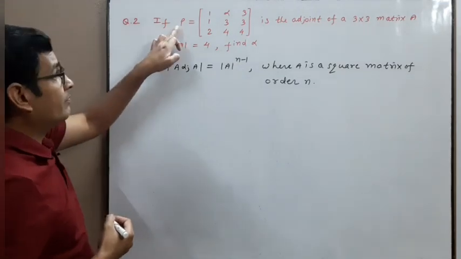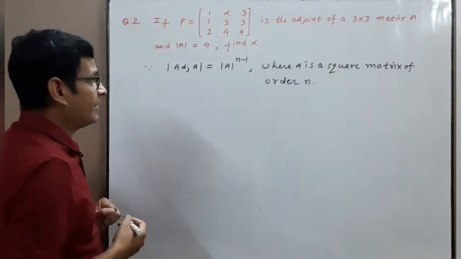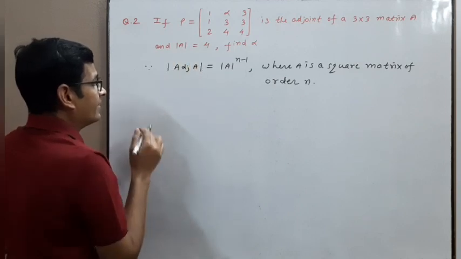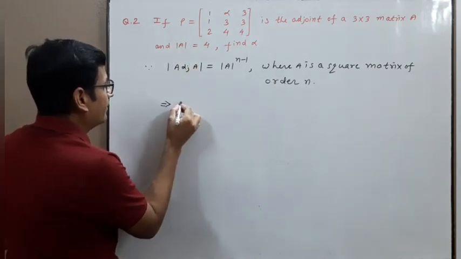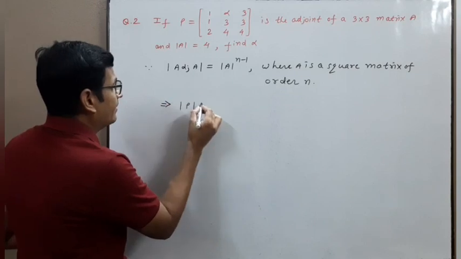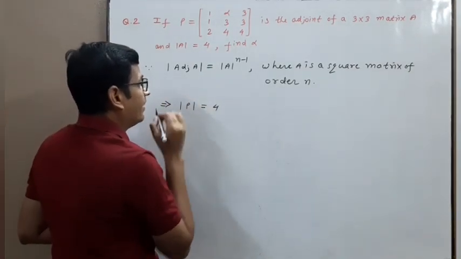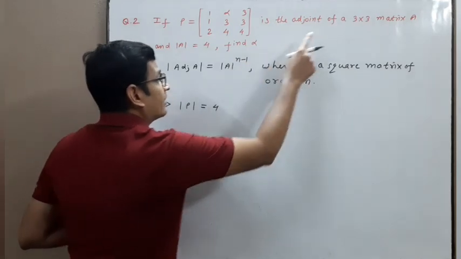Here P is the adjoint of the 3 by 3 matrix, meaning adjoint A. In place of this we can write P. So determinant P is equal to determinant A, which is 4, raised to the power n minus 1, which is 3